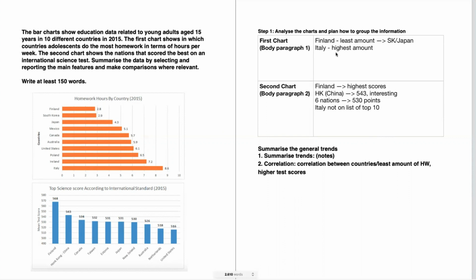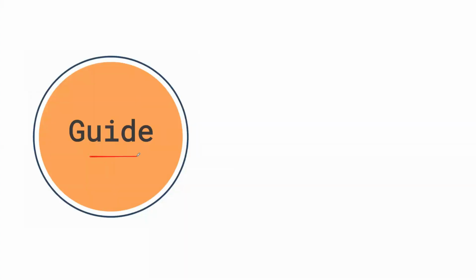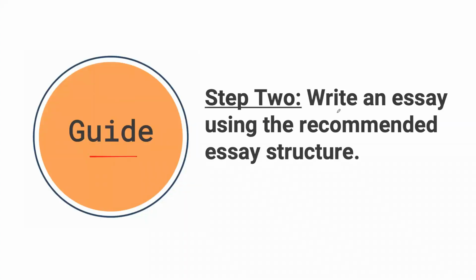But we saw that the first chart was quite clear in the amount of hours spent by country. The second chart looks at mean test scores, and we can just make correlations based on the information we have. So we did find a correlation. We did summarize our trends. Now let's look at an outline that we're going to use for this specific essay, and then we're going to start writing. Now from our guide, we remember that step 2 is going to be actually writing the essay using